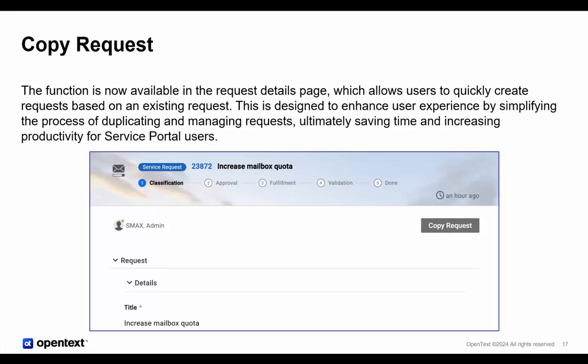For example, you can request a new piece of equipment several times, generating multiple individual requests quickly from a single initial request. So that's a very efficient